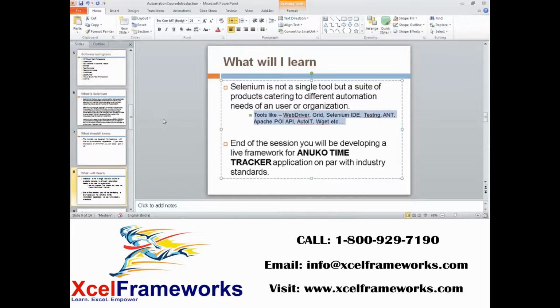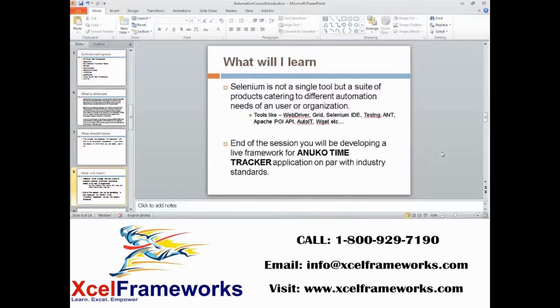Some are purely from Selenium and some are not. For example, WebDriver, Grid, and Selenium IDE are pure Selenium, while TestNG is totally different, but you should know this tool because it will really help us develop the framework. Once you complete the WebDriver session and want to develop a framework, then we need other dependent tools that you should know, especially TestNG and Apache POI API. You may not get what exactly TestNG and POI API are at this moment, that's still fine, but at least you know these words and what they really mean.